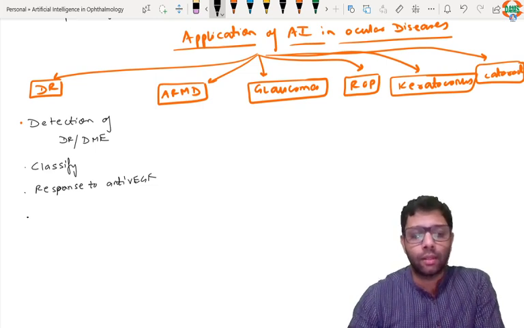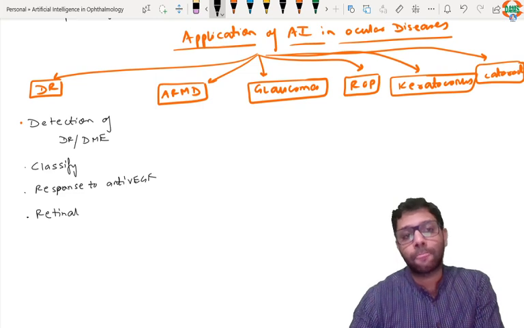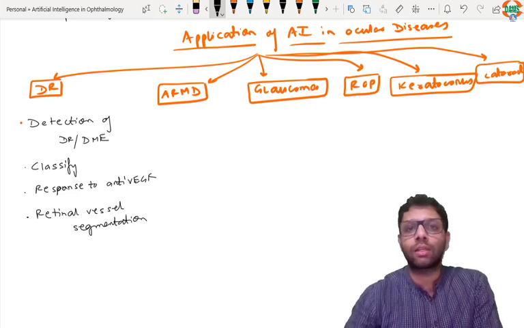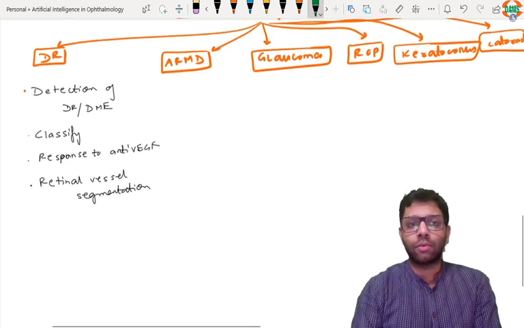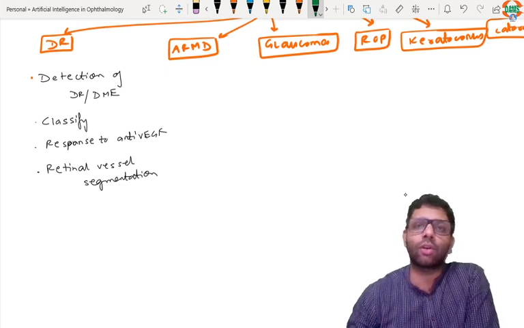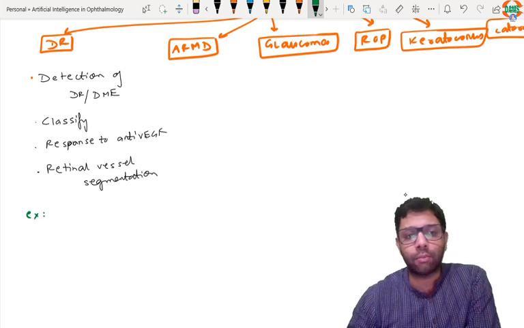Then segmentation of the retina vessels, like I told you already. Now here I will tell you the algorithm which is used actually, which has been accepted by FDA or even Singapore. Like for example, it's good to write down. For example, in diabetic retinopathy,